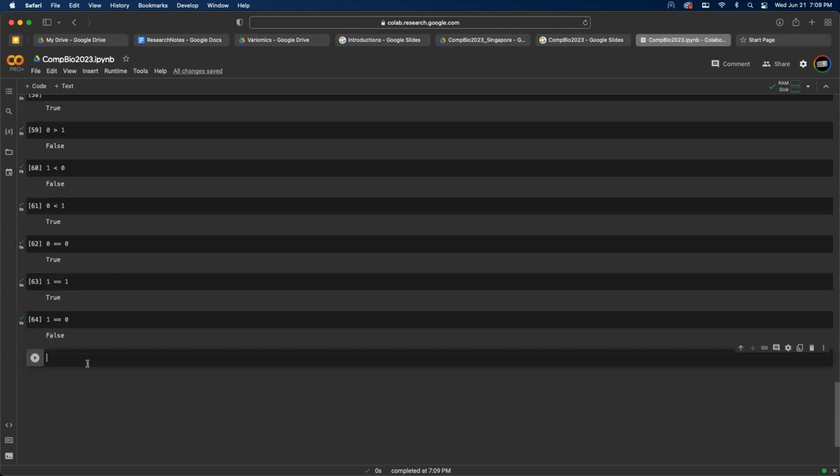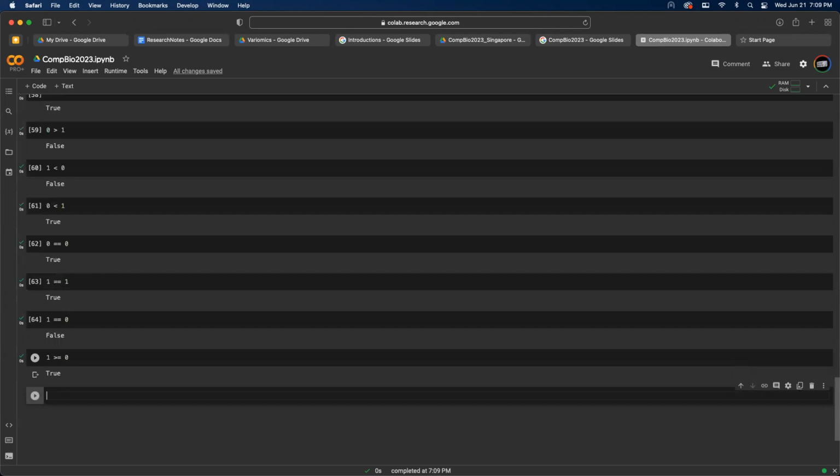Now, what if we want to check a certain condition that is beyond what I just demonstrated? Is 1 greater than or equal to 0? What is the answer? True. Can someone explain to me why this is true? Because 1 is greater than 0. Yes. So when you combine the conditions greater than, equal to,